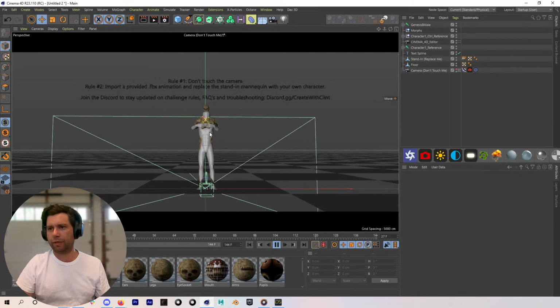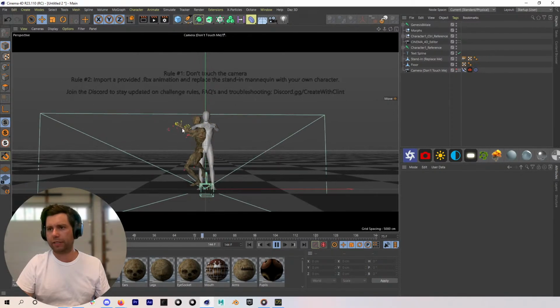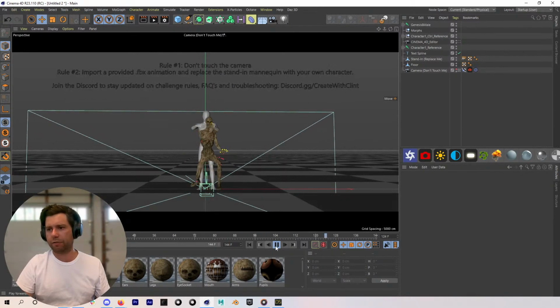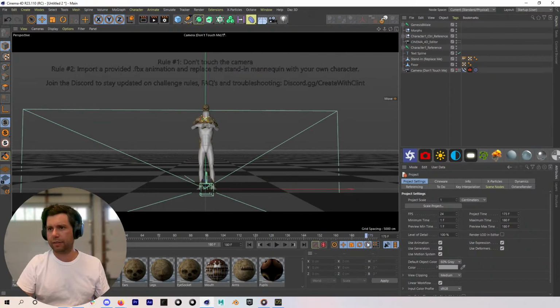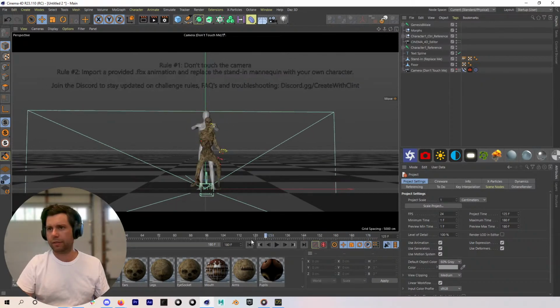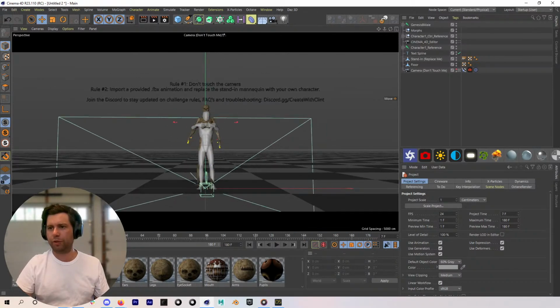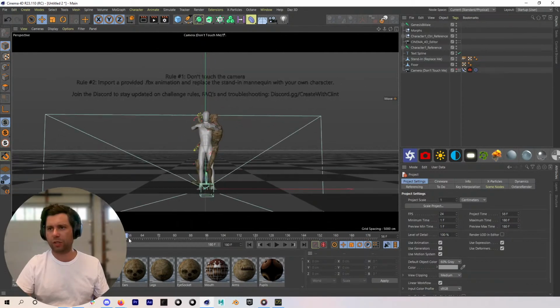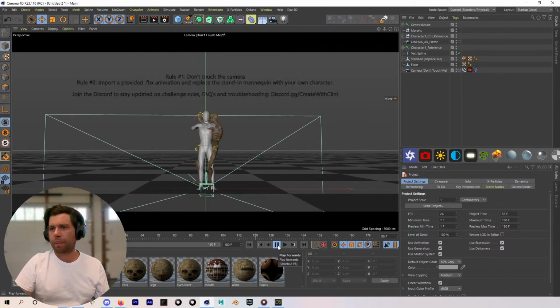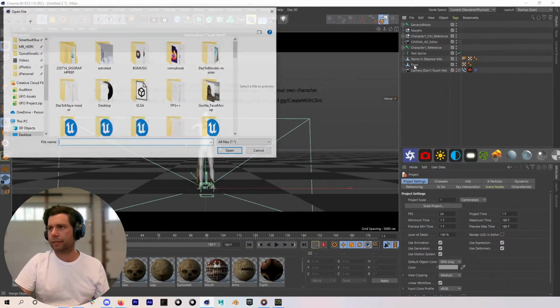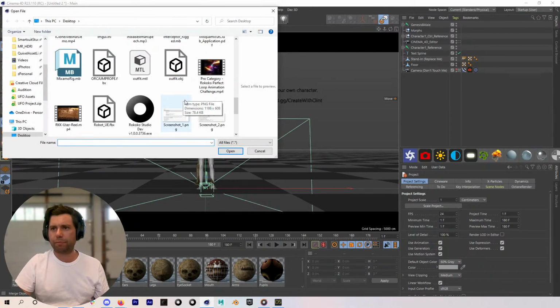So I need to readjust this because I did that for the Marvelous Designer workflow. So I'm going to change this temporarily to like 180. And so we're just going to have to move this animation back 30 frames. But if we pull in the Alembic that I exported from Marvelous Designer,